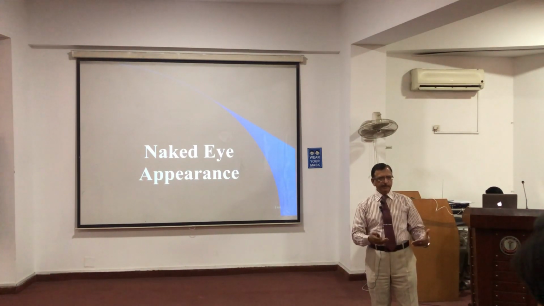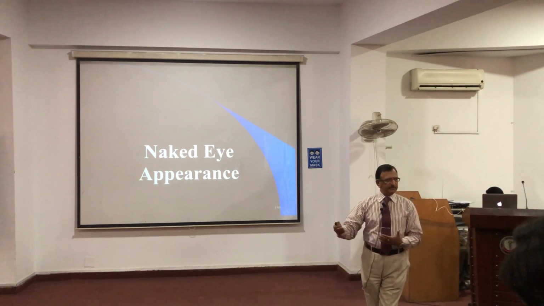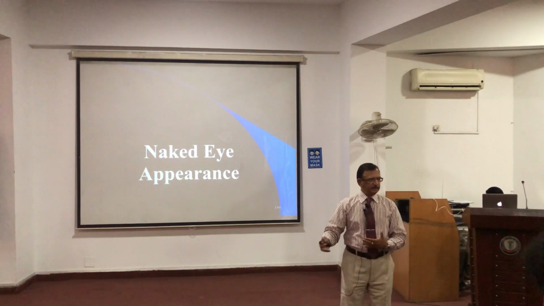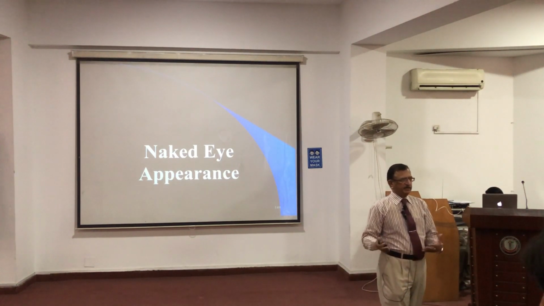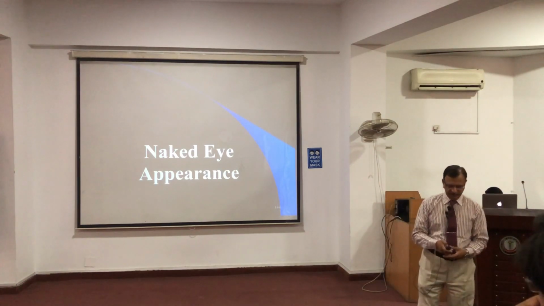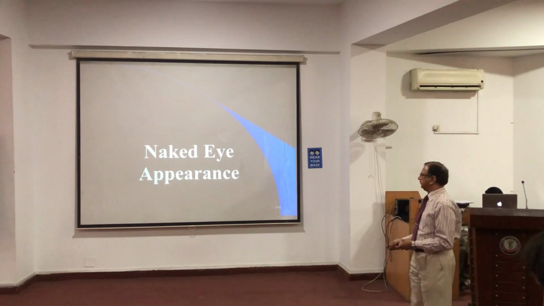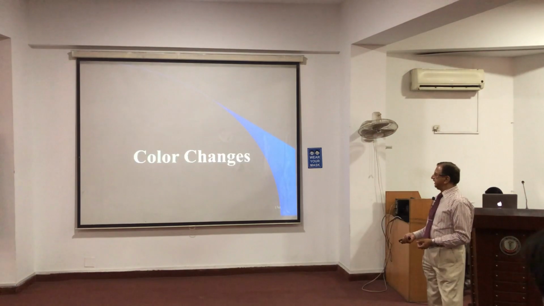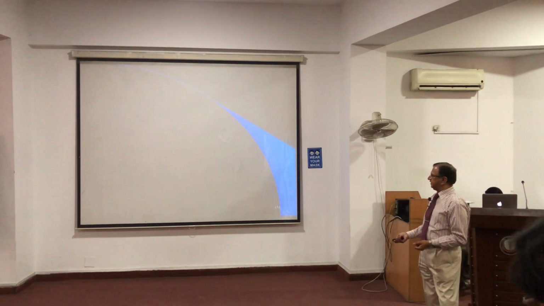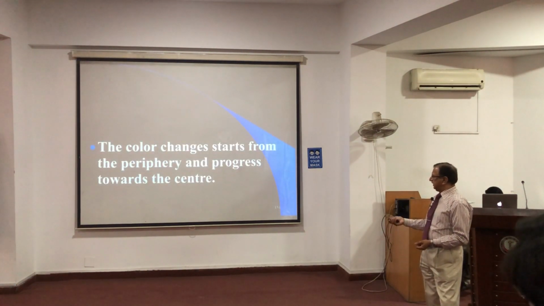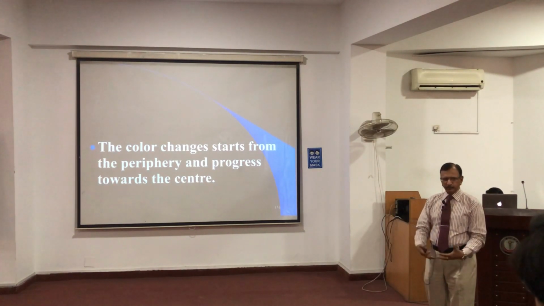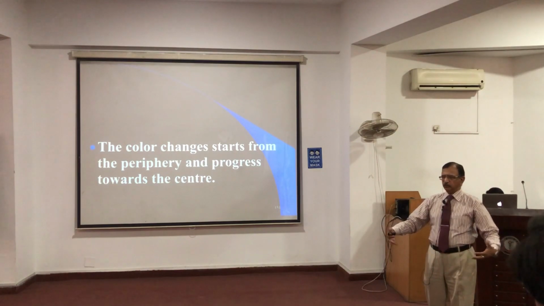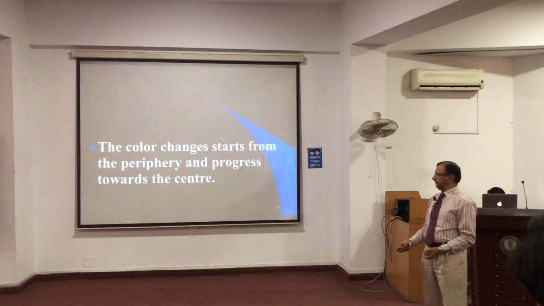It also shows the different timing of injury. If on the same individual there are various bruises in various stages of healing, some are reddish, some are greenish, some are yellowish. So that means the infliction time is variable, so we can determine the torture time also. So regarding the naked eye, from the color changes we manifest. Initially it is reddish, and the color change is from periphery towards center.